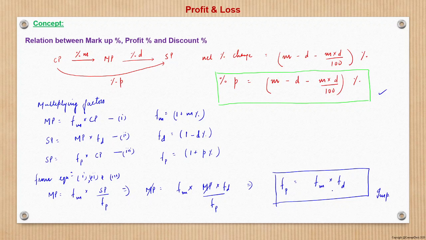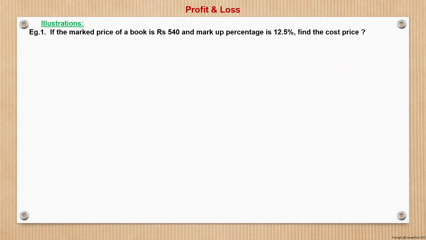And what are FP, FM and FD? Those are written here, right? So this is a very simple thing. I need not go very deep, because we already know the concept of multiplying factor and how to use it. We have seen various illustrations in the previous discussion. So now straight away we will move to the illustrations based on the markup price, the discount, the profit percentage and other related interrelations between all three.